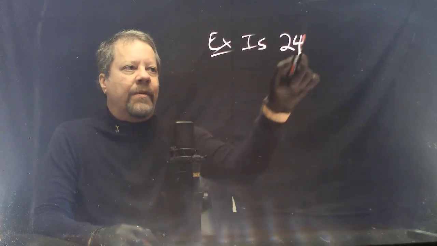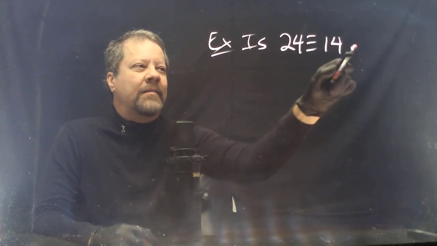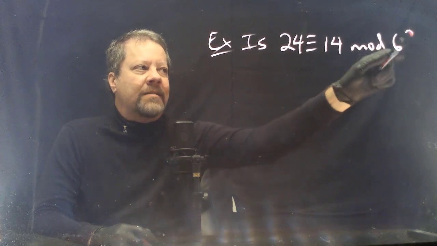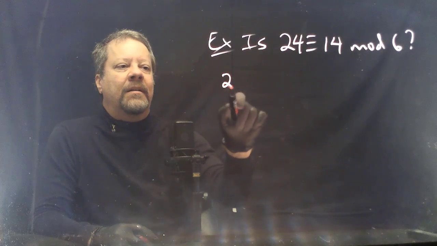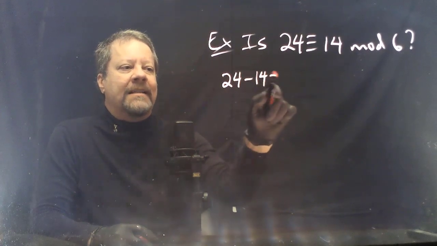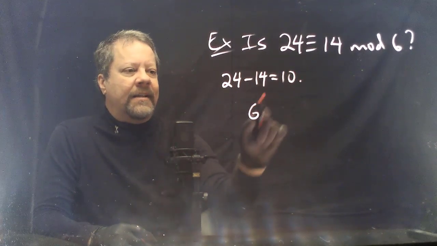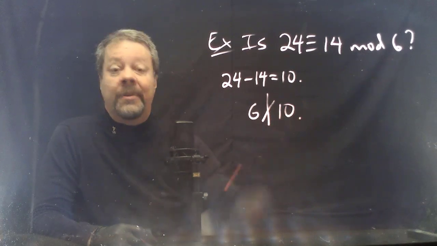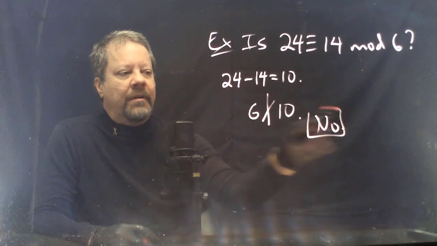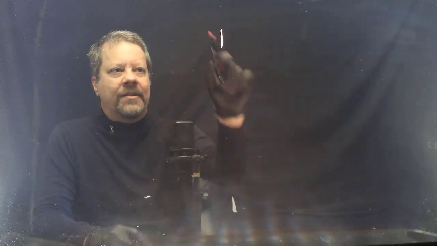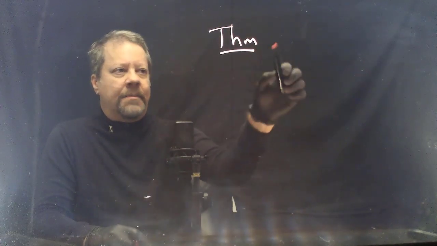Is 24 congruent to 14 mod 6? The answer here is obviously no. 24 minus 14 is 10, and 6 does not divide evenly into 10. And so, no. Let's just lay this out there in terms of a theorem,